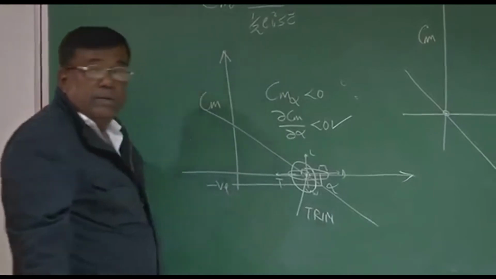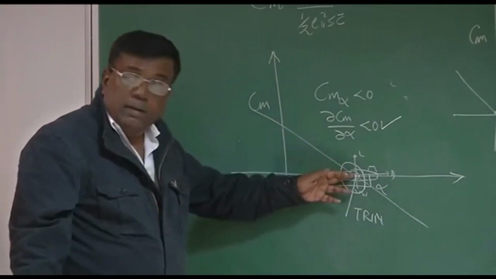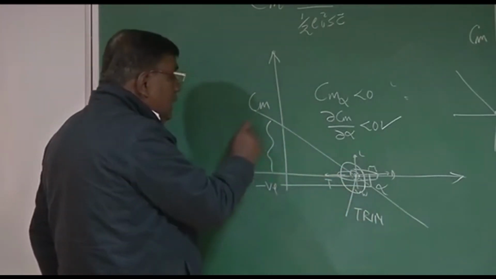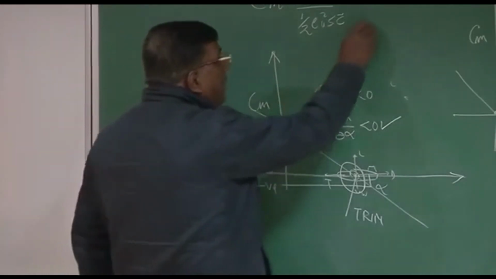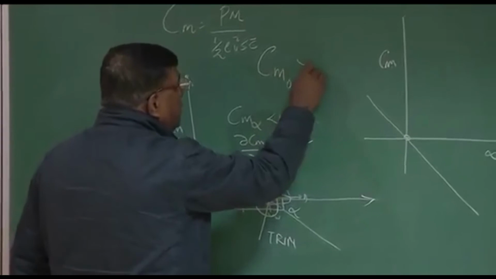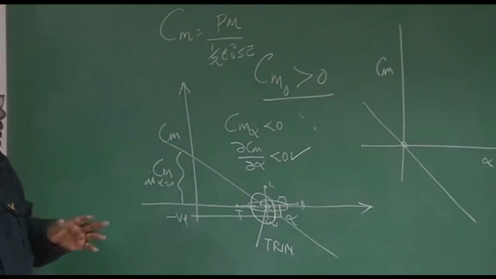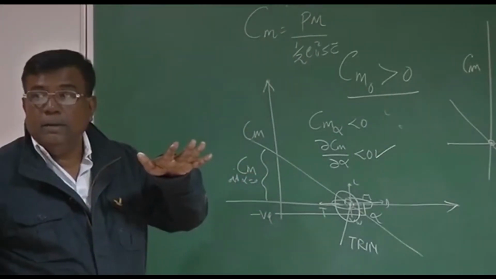Trim at positive alpha, correct? To ensure that trim is at positive alpha, the graph should look like this. Or what you are telling, Cm at alpha equal to 0, that is, I write it Cm naught, should be greater than 0. Correct? If you satisfy these two things, then you can fly a machine which is statically